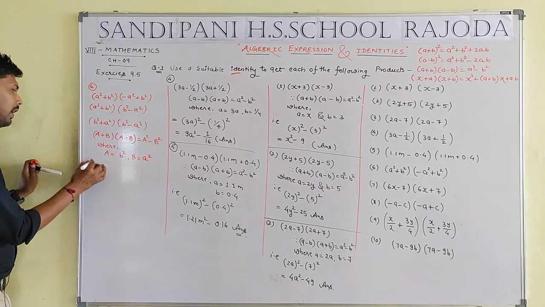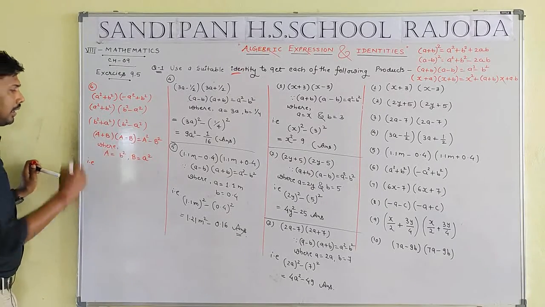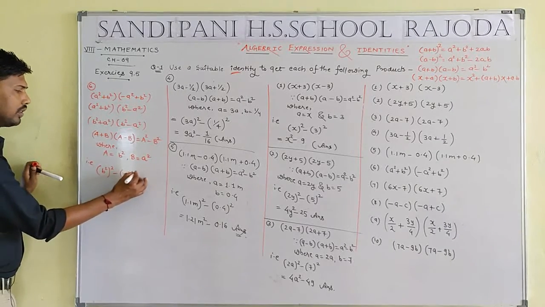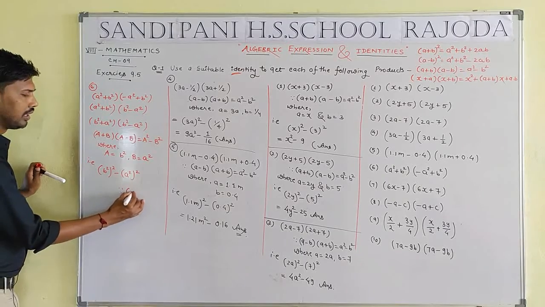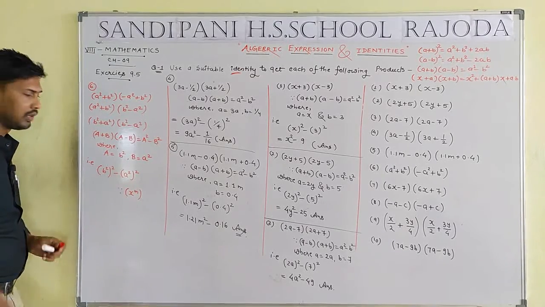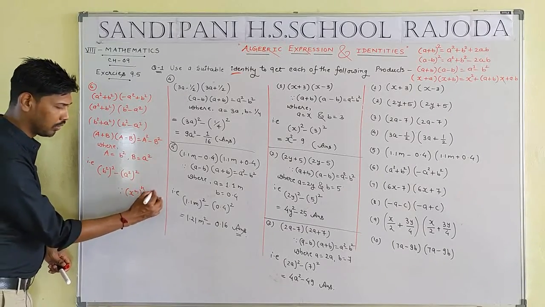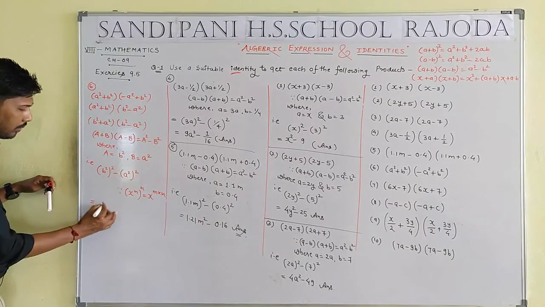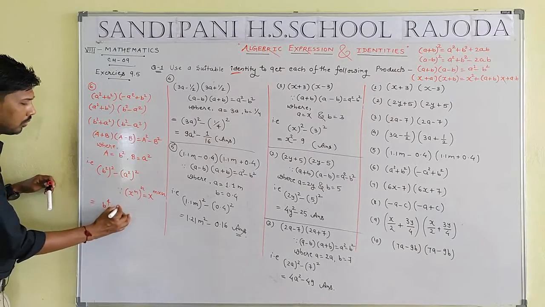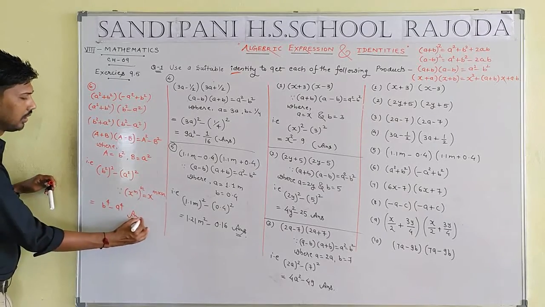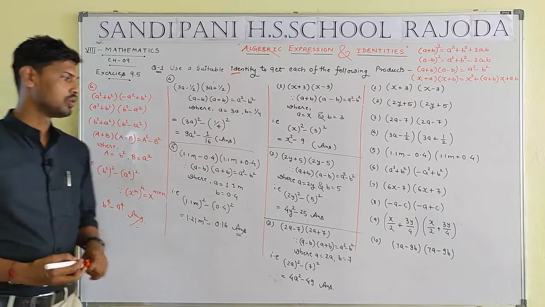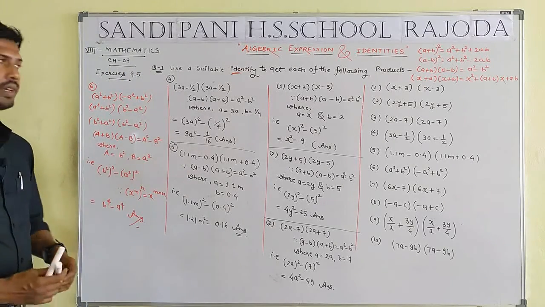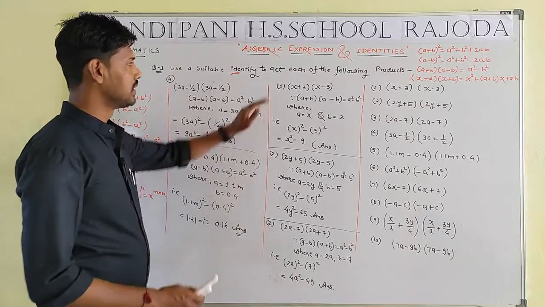By use of the identity we can write b square whole square minus a square whole square. We know about the identity, x to the power m into x to the power n, that power into power, such that 2 into 2 will be equal to 4 and 2 into 2 will be equal to 4. Student, I hope you are getting the proper solution related to the sixth question of question number first. According to the first question, let us see it once again.